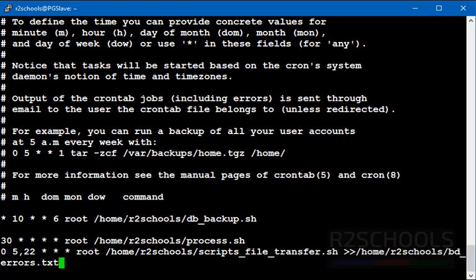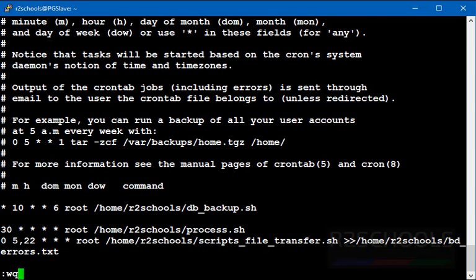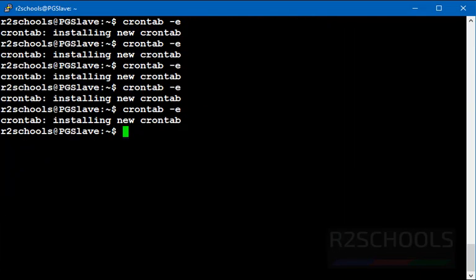Whatever output or error messages there are will be stored in this file. Save this one and quit.